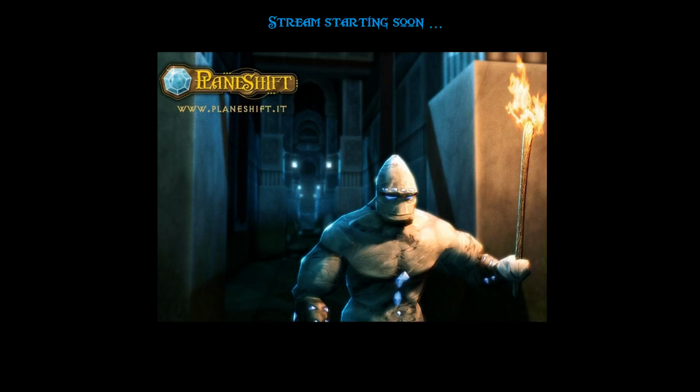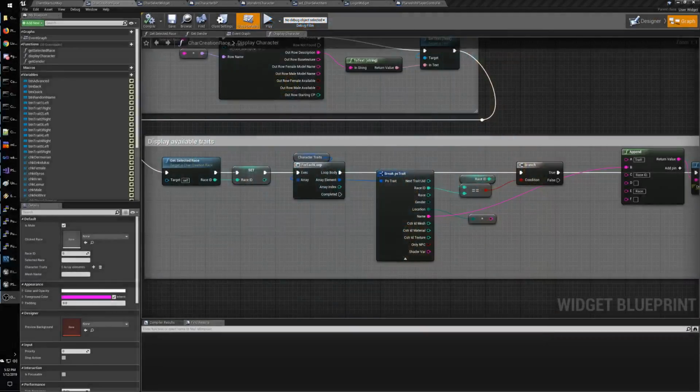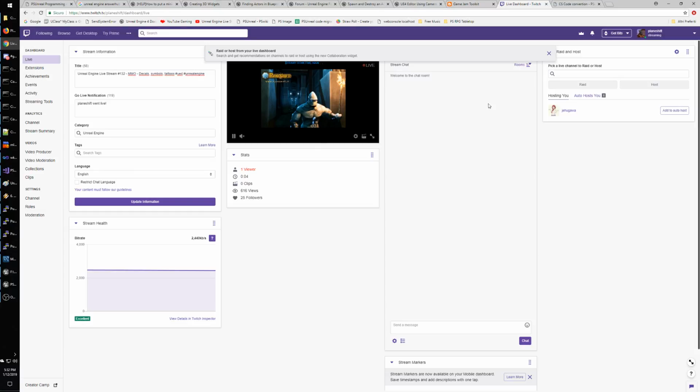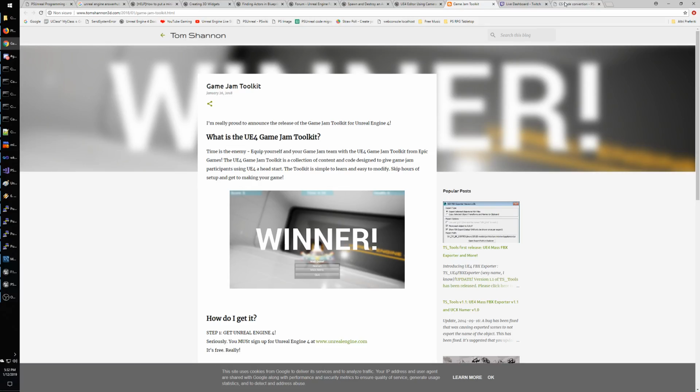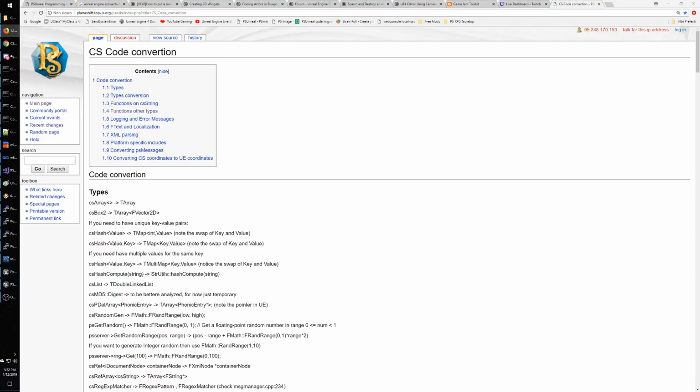So yeah, the idea is that we need an easy way to apply symbols to items, and actually Unreal Engine has some functionality really dedicated to that, which is called